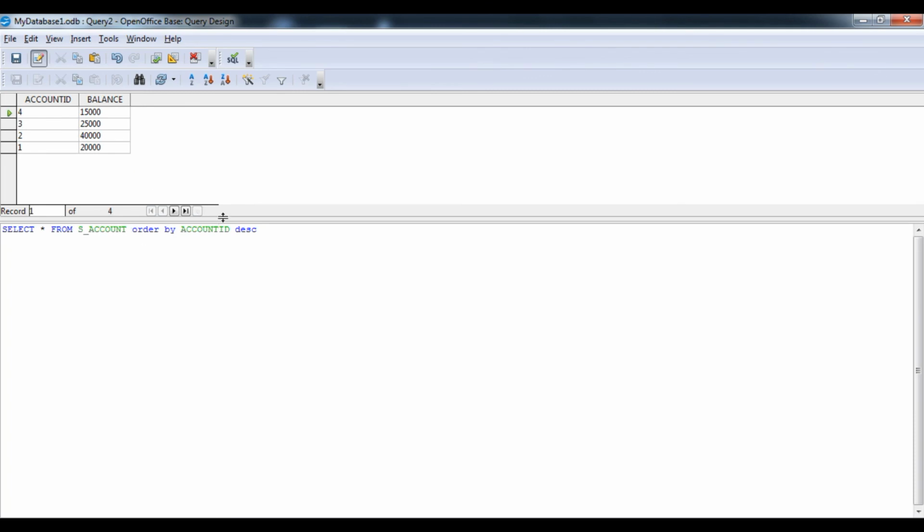So now I have accessed the table by account ID in descending order. You can see 4, 3, 2, 1, and according to that the bank balance is also changed. If you say simple, it doesn't affect, it will come in order only. By default I have inserted data in order, so as you enter the data in the table by the insert command, it will show if you write this particular command.